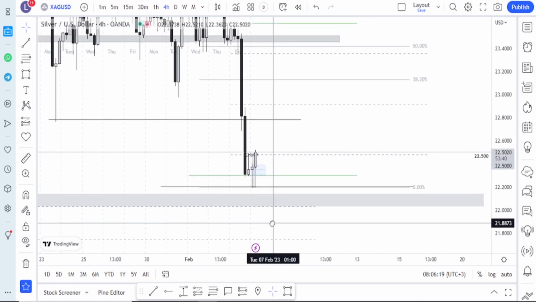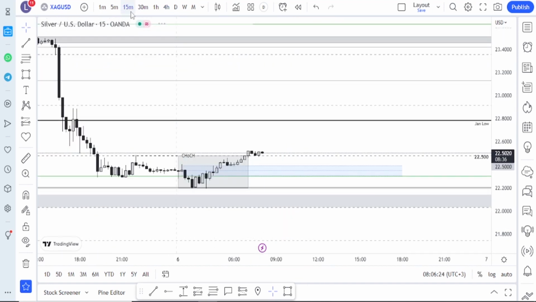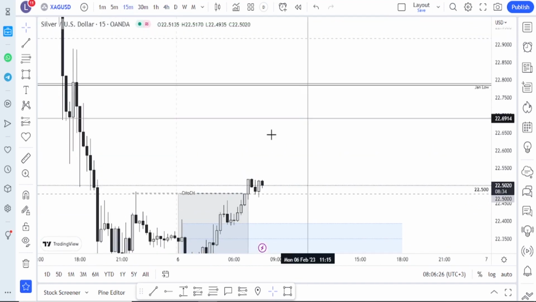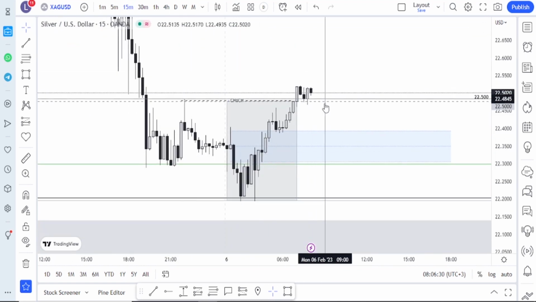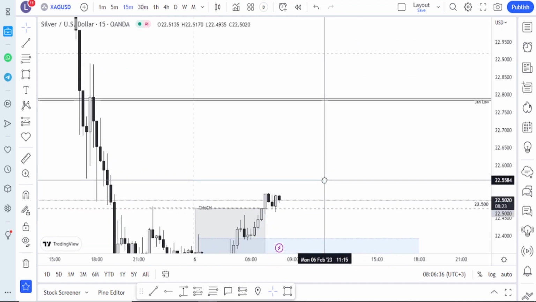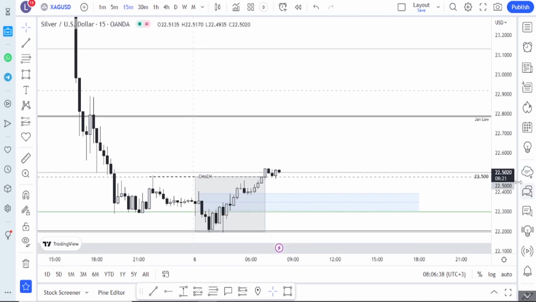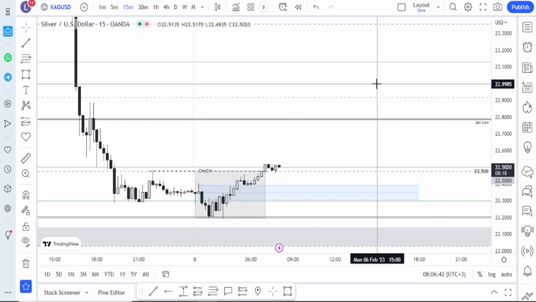But then before that, I'd expect a retracement. You can trade the retracement, since you can see that it has been confirmed by this change of character here. So there's a possibility to trade this retracement, wait for price to reach here, and take a long up to at least $23,